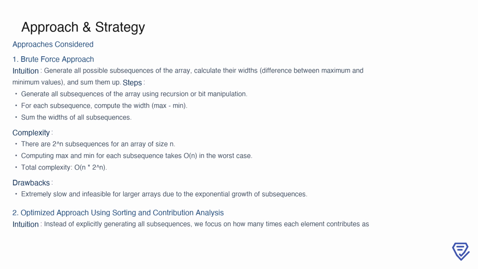Generating all subsequences requires exponential time since there are 2 to the power of n subsequences for an array of size n. Additionally, calculating the maximum and minimum for each subsequence takes linear time, leading to an overall time complexity of n*2^n. This makes the brute force approach impractical for larger arrays due to the sheer number of operations required. Recognizing this limitation, we turn to an optimized approach that leverages sorting and contribution analysis to compute the result more